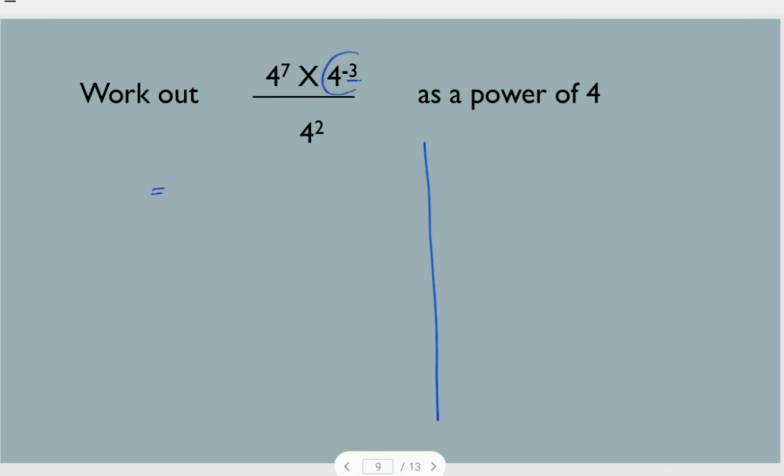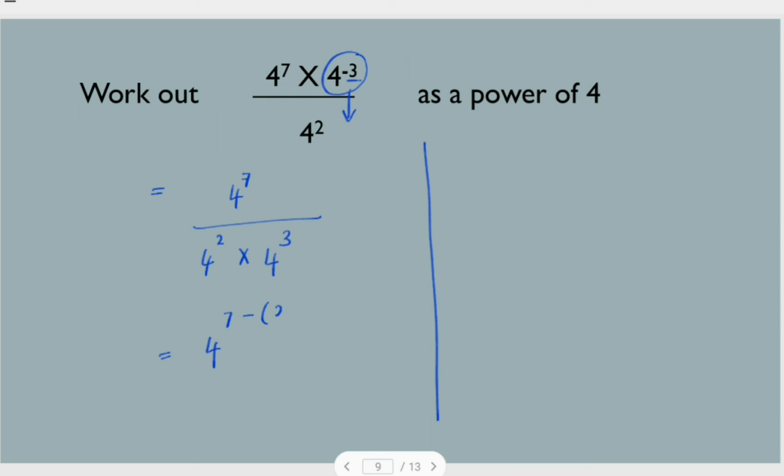So in order to remove the minus sign, I'm going to bring it to the down. So I'm left with 4 to the power 7 divided by 4 to the power 2 into 4 to the power 3. So my answer would be 4 to the power 7, since it is division, minus